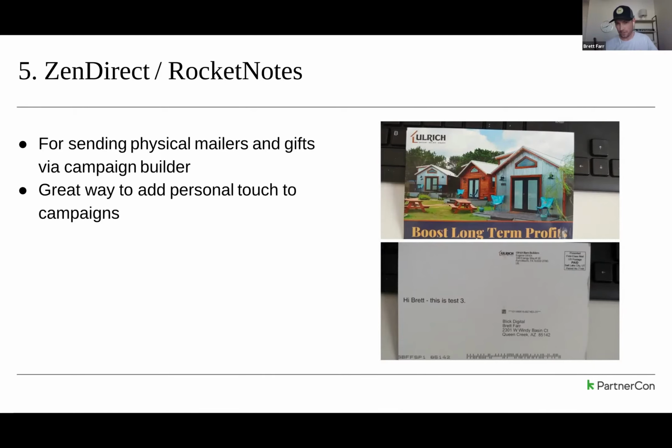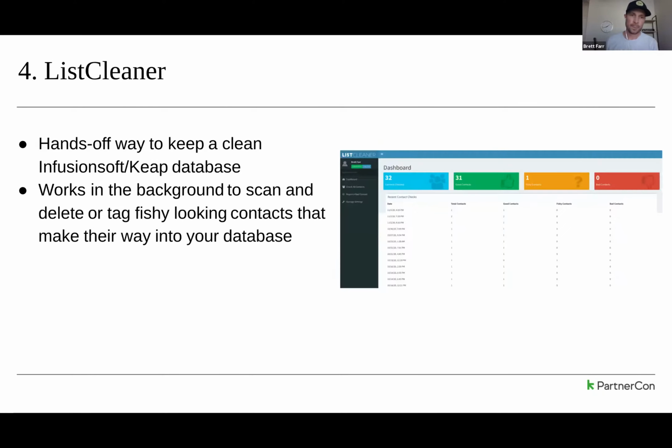They also have gift cards available, like brownies, I've heard, and lots of other extra touches that I think go a long way in this really digital world. So where possible, and where the client agrees that customer experience is important, I think these tools are great. Number 4 would be List Cleaner, which is a hands-off way to keep your Infusionsoft or Keap database clean. And what I mean by hands-off is